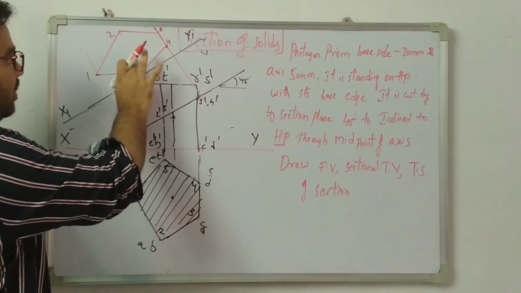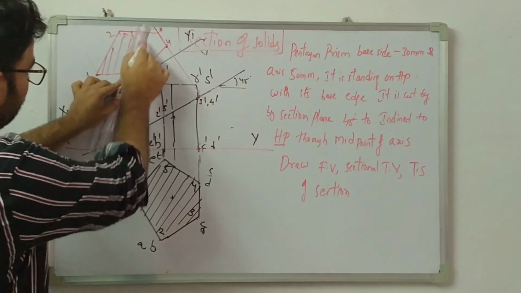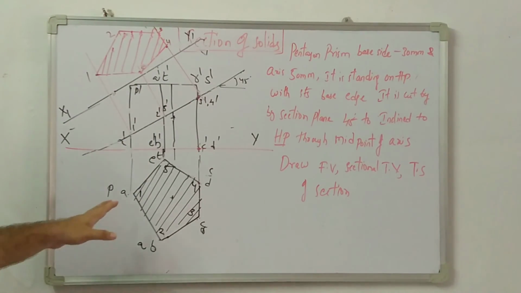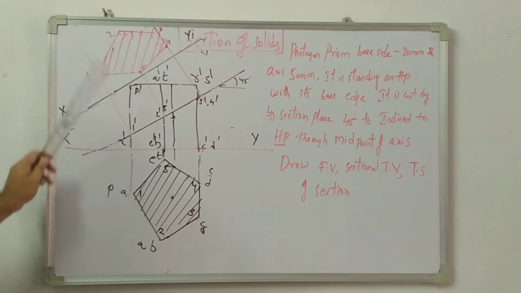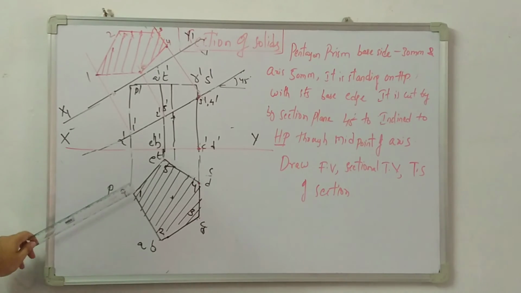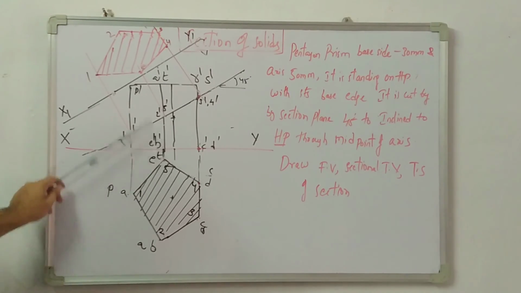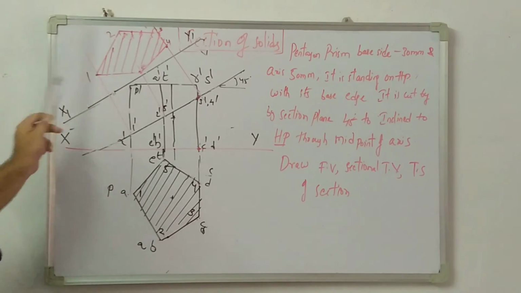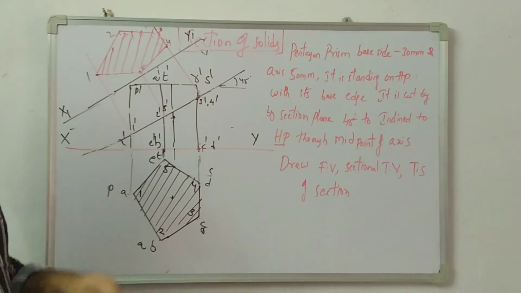So don't highlight these projection lines and do the hatching. So very simple, we are drawing the projection lines upwards. Whatever the projection line distance from the cutting point, from the old reference line to 1. Similarly here to here is 5 dash. Similarly here to here 4, here to here 3. We got the true shape. So this is the true shape of the section for a pentagon prism. I hope you understand and thank you.